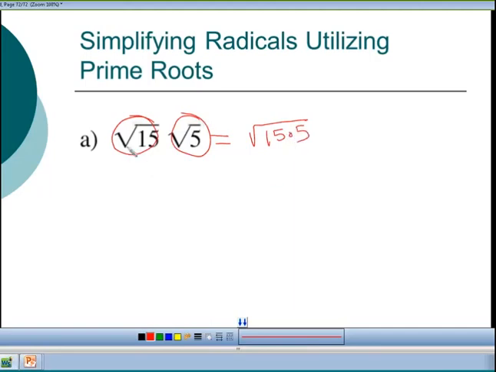And that's what you want to do when they have the same root, in other words, they're both square roots like this. Here I'm actually writing the 2, but they all have an imaginary 2, which is saying what squared gives you 15, what squared gives you 5. We don't know, so we leave it. So you can rewrite it to be the square root of 15 times 5. Then I actually multiply that out, 15 times 5,